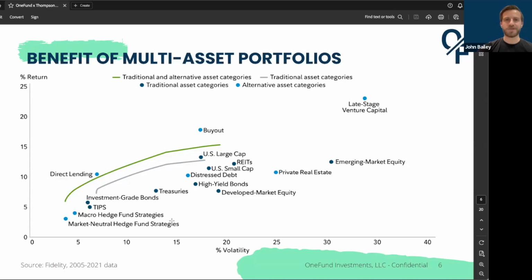Diversification, like I said before, is really the only free lunch when it comes to finance. And it's part of the thing that makes us very excited about what we do. But Chris, I wanted to close on this because I think it leads into the conversation that you wanted to have about portfolio construction and how to actually think through that and incorporate alternatives.